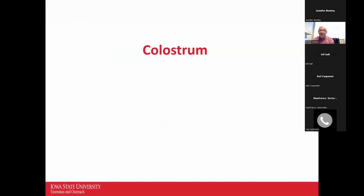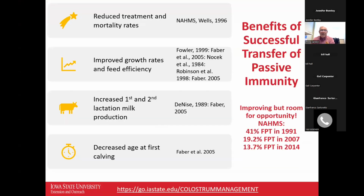Okay, so now we're going to talk about colostrum. Just got a few slides on it. The one reason we're very concerned about colostrum, it's just that we've known for a long time that calves get off to a better start with colostrum. This slide here that I got from Jen actually talks about all the reasons that we think that it's better even